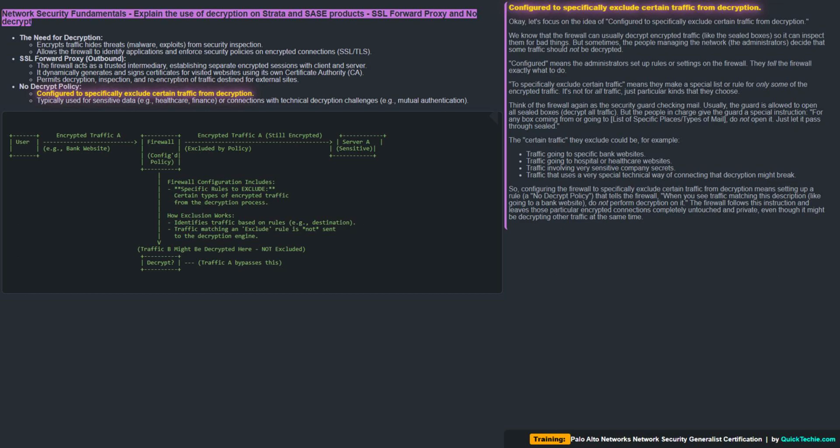Think of the firewall again as the security guard checking mail. Usually, the guard is allowed to open all sealed boxes, decrypt all traffic. But the people in charge give the guard a special instruction. For any box coming from or going to a list of specific places, types of mail, do not open it. Just let it pass through sealed. The certain traffic they exclude could be, for example, traffic going to specific bank websites, traffic going to hospital or healthcare websites,